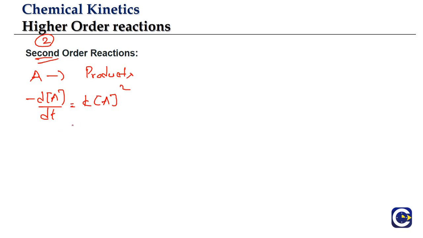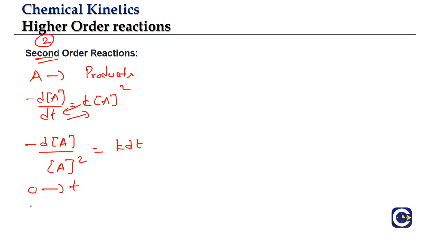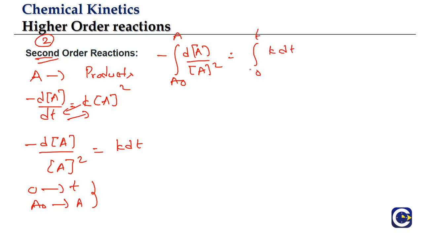Now we have to get the integrated rate expression, means we have to integrate it. So we will rearrange the terms. What we'll have is minus dA by A square will be equal to K into dt. Now the thing that we need to consider is, as the time value will change from 0 to t, concentration is going to change from A naught to A. So the integration of this, minus dA by A square, the limits of concentration are A naught to A, will be equal to integral 0 to t K dt.